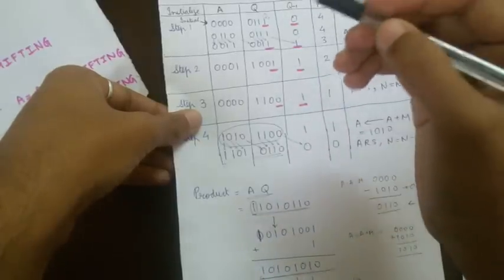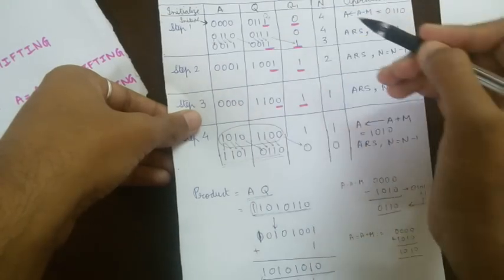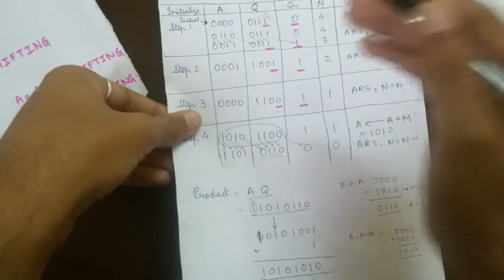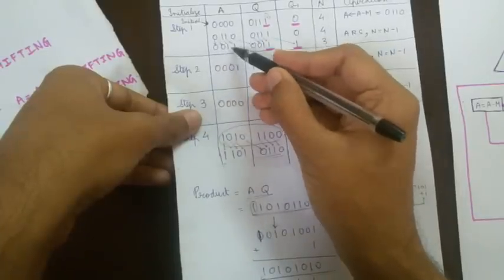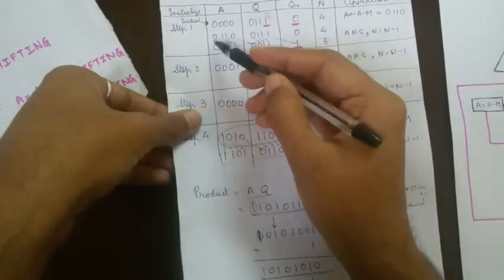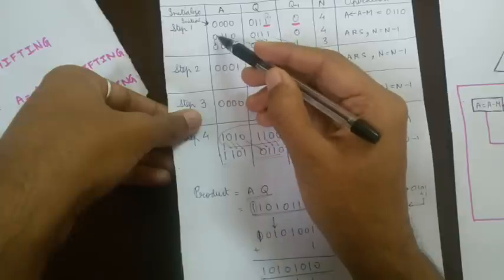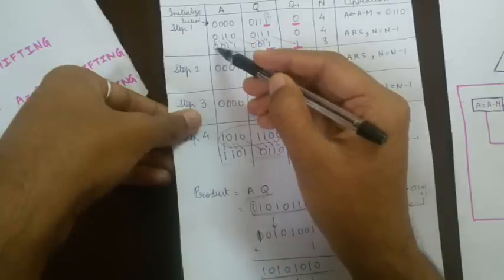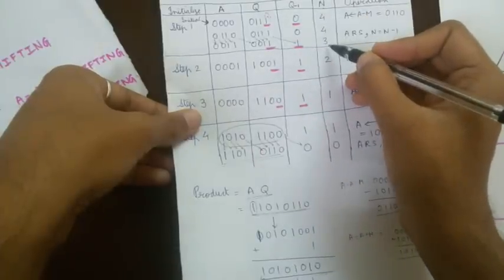Now after this operation, we will perform the arithmetic right shift. So in arithmetic right shift, each bit gets shifted to the right by 1. So this 0 will come here, 1 here, 1 here, and this 1 goes here. Now the value which is at the MSB gets written down here. So if it was 1, it would have been 1. Now here it is 0, so it is 0. And the value of n is decremented by 1.